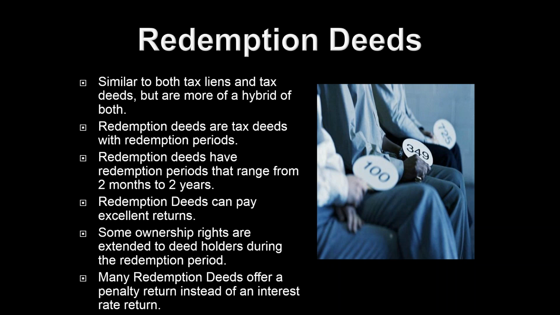So redemption deeds are a lot less likely to pay off than a tax lien certificate. 95% of tax liens nationwide will pay off. Redemption deeds, that can totally range. You could have a 50-50 shot, or even higher than that, of the property owner not paying off. So essentially what they do is they wait until that redemption period has passed, then they will issue the deed. You essentially already have the deed, but they'll go ahead and record it at the county courthouse. So that's how all 3 of the systems work.